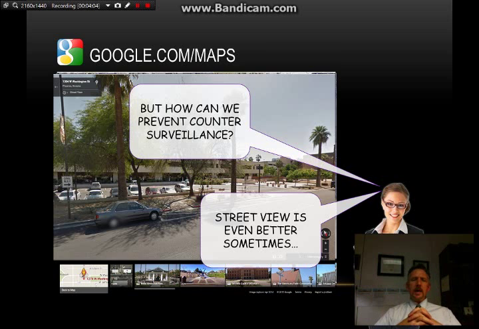Now, again, the double-edged sword, bad guys can use Google Maps to look at your house to find out where you live. If they are able to find out your street address, say through the county recorder, they type your name in and find your deed of trust in public records, and they type that address in. Now they can see where you live and what it looks like. And there's some things that you can do to take precautions to limit your visibility on Google Maps.